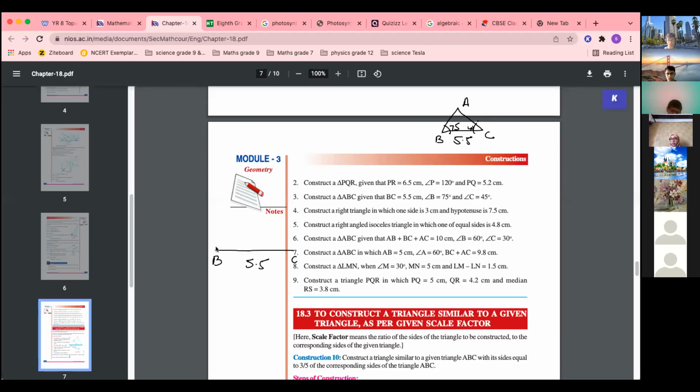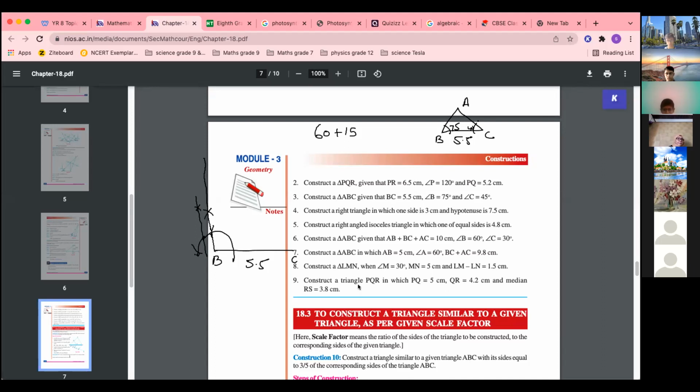Remember, it is 60 plus 15, right? Yes. And 15 is how much? First you draw, this is 60 degree, right? And then here one more 60 you draw, right? So it will become 120, and then we will bisect the angle, and then again we can bisect. Correct. First it will be 60, bisect this one, and then this point is done. And from here you will bisect. So you will get 75 degree like this.